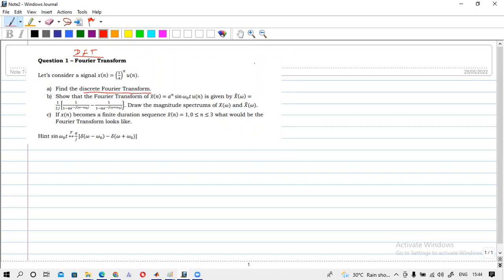Okay, so I think you already know what the discrete Fourier transform is and what the Fourier transform of a discrete time signal is. Okay, so normally,